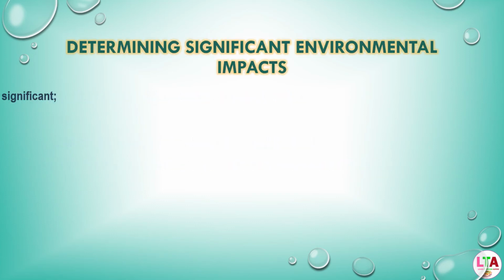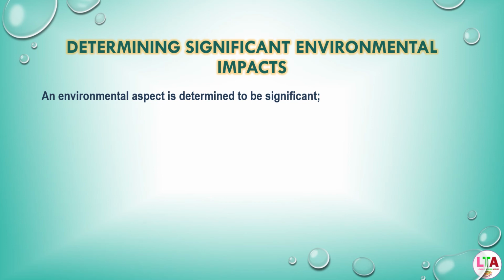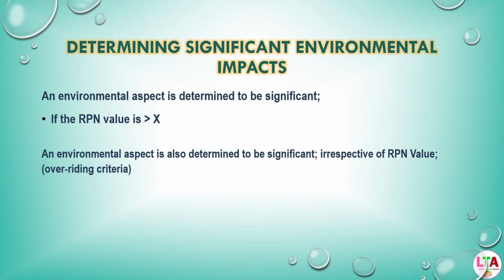So we have given the scoring criteria. The scoring is severity, scale, probability of occurrence and detection or duration. The multiplication of all the four values is considered as the risk priority number. The risk priority value may differ. Some ratings we fix as an organizational requirement. Some companies use 36 or some companies use 100. Based on the RPN value, we need to provide operational controls or some other controls for the significant aspects.